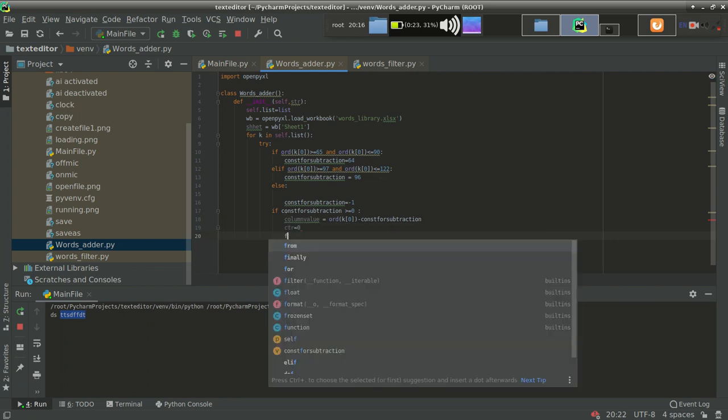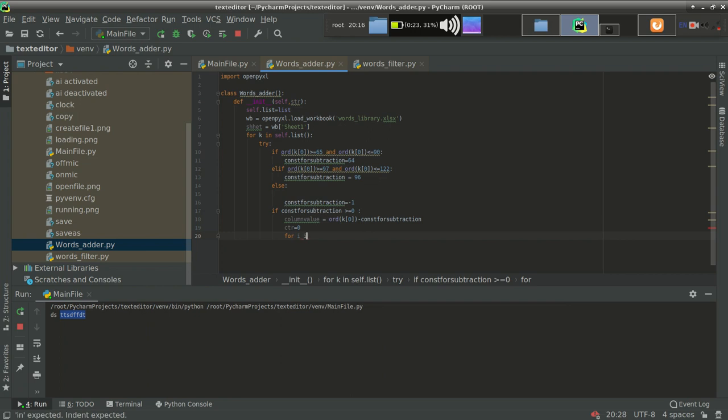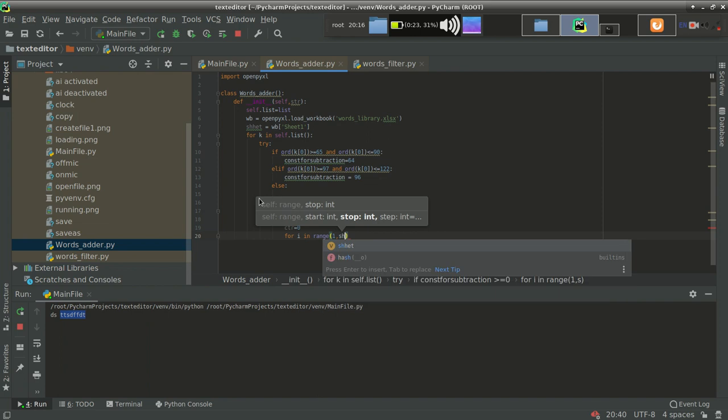So what I will do is I'll simply put a condition: for i in range 1 comma sheet dot, it should suggest me the words again. Yeah, that's the problem.